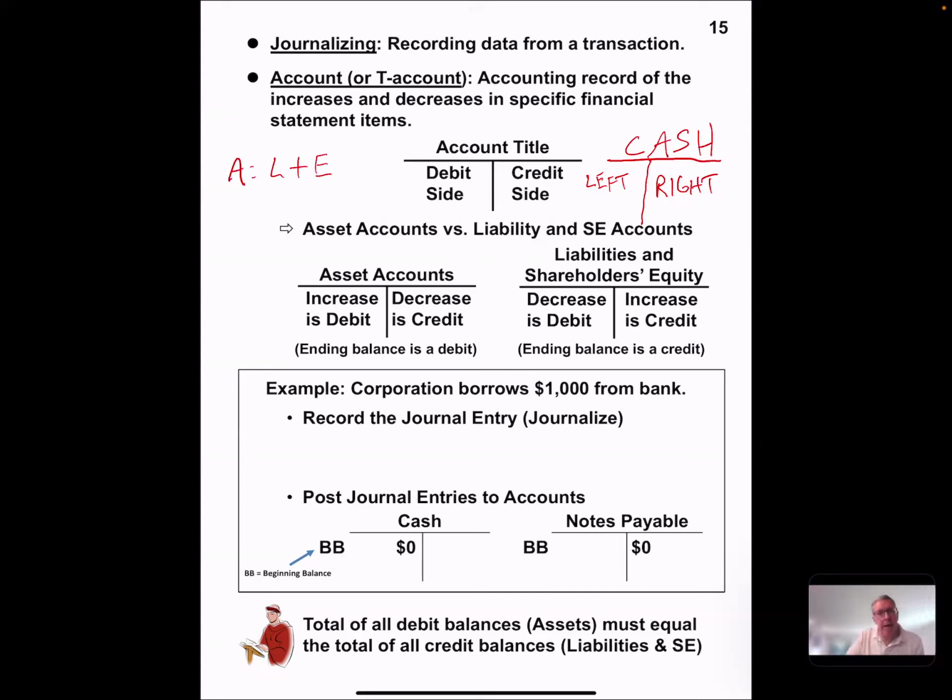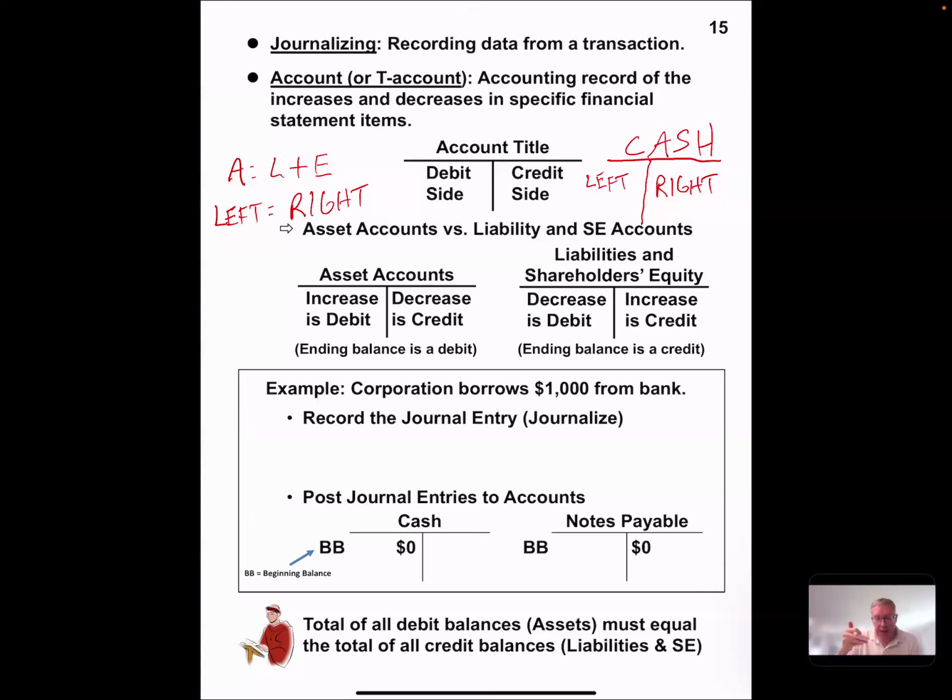Assets equals liabilities plus equity, right? If we think of this as the left side of the accounting equation and this as the right-hand side of the accounting equation. The reason why this is helpful is that, with assets on the left side of the equation, it helps us remember the normal or natural balance of these accounts. So in other words, assets normally or naturally have a left side balance, or what we call, again,